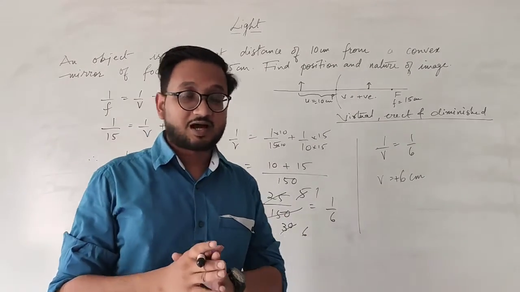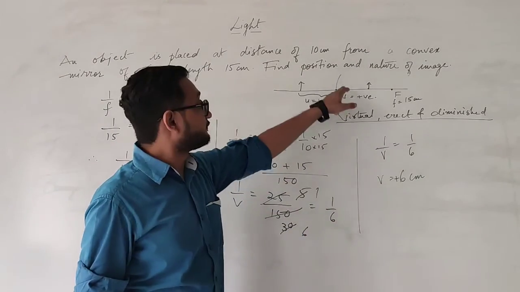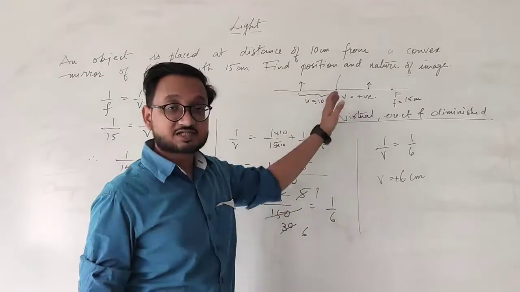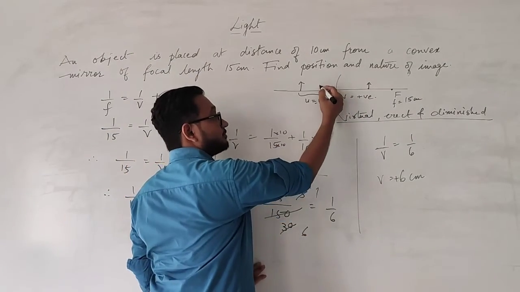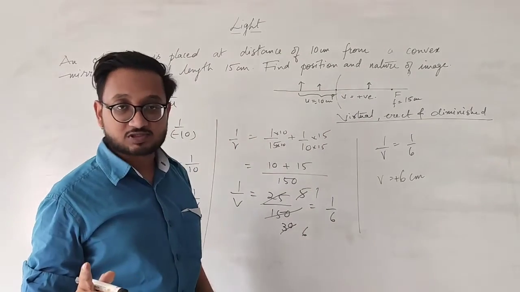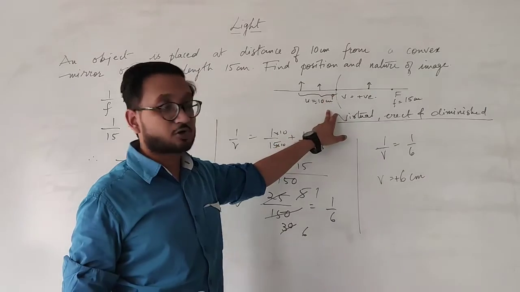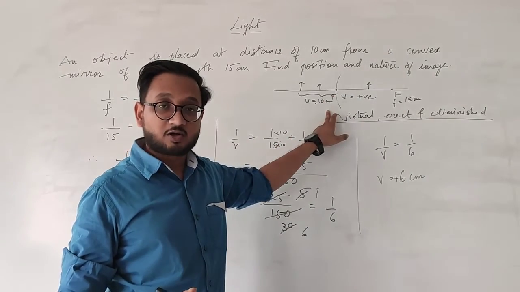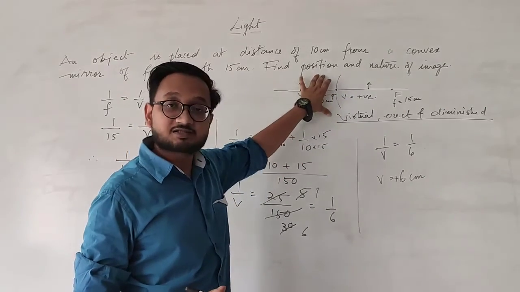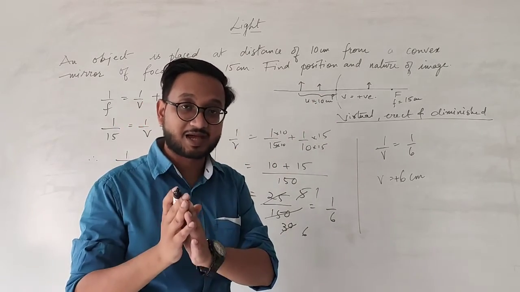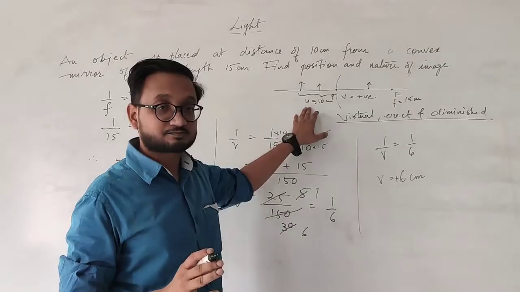Somehow, if you are getting the answer as negative and you have already drawn the rough ray diagram, you should know that if you are getting the answer negative, that means the image is getting formed on this side, which is not possible. Your answer should be positive, and that is why you are supposed to draw the rough ray diagram, okay, on your own. You don't need to show this in the answer sheets. You can draw it on the back side, just write rough work, just like you do it in maths. Okay, you can do that.